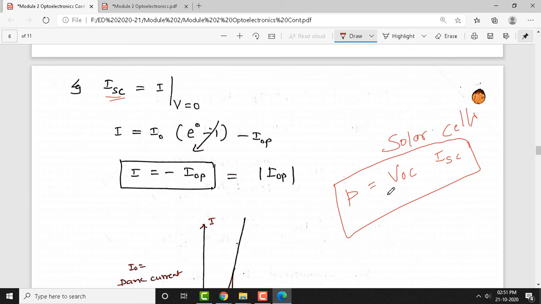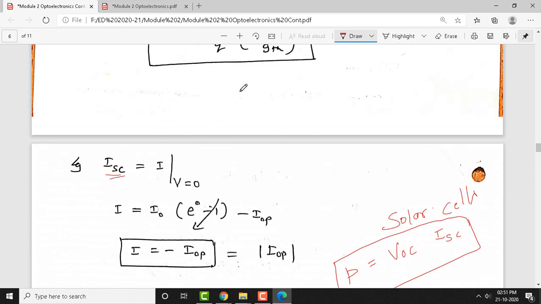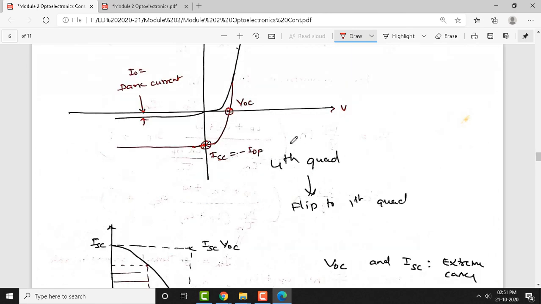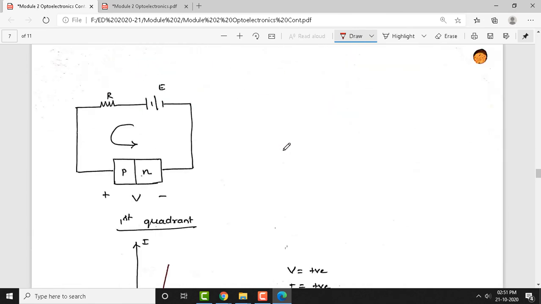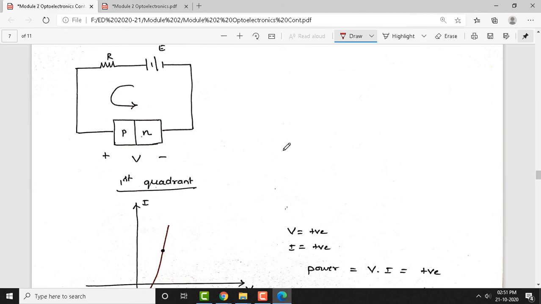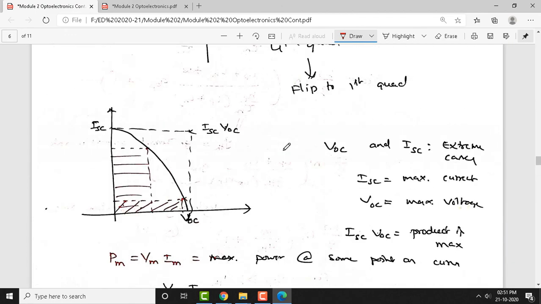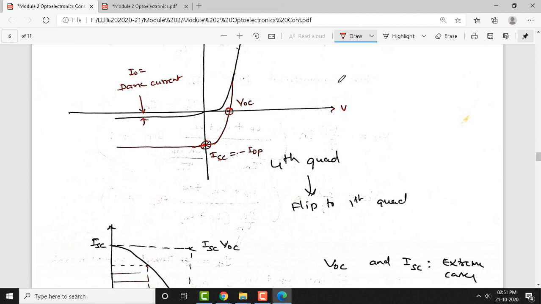Okay, so if you are involved in any solar cell design, you must be good in understanding this equation. So we'll explain that by going through each of these derivations. Look at here, the same thing what I have explained to you just now. These boundary conditions are very important, because in the fourth quadrant the solar cell operates. Okay, we'll discuss each and every quadrant in the next class. Okay, so you had better understand optoelectronic devices. With that, I will stop it here.